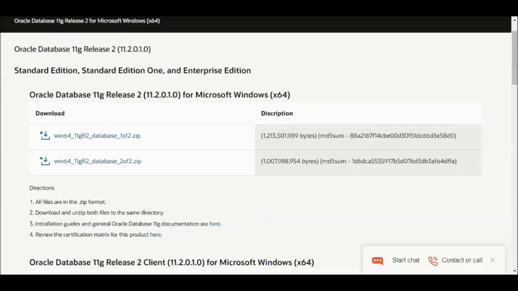If you have drive D, drive C, it's up to you. So how are you going to extract that? When you extract, because both their names are database, remember. So if you will extract this, that's database. And if you will extract this, it's still database. So it will overwrite the other one. So after you extract this one to whatever drive you want to, you rename it to database 1. Okay? Then the next time you extract this, they should be together.